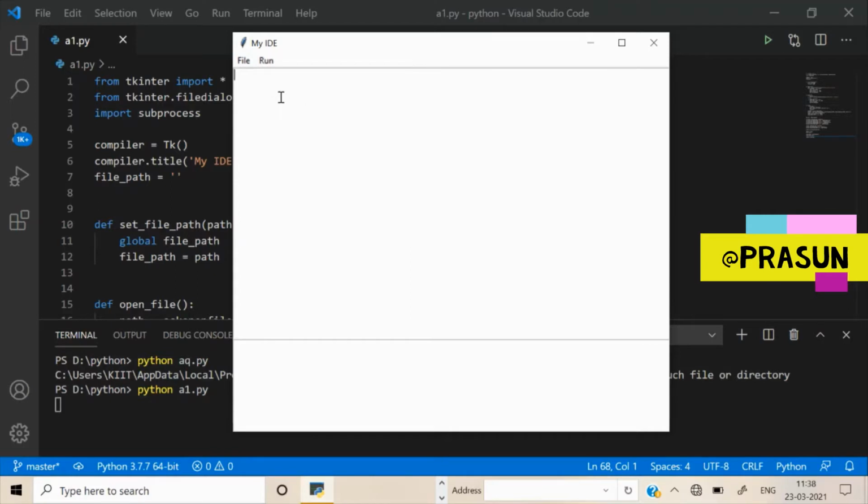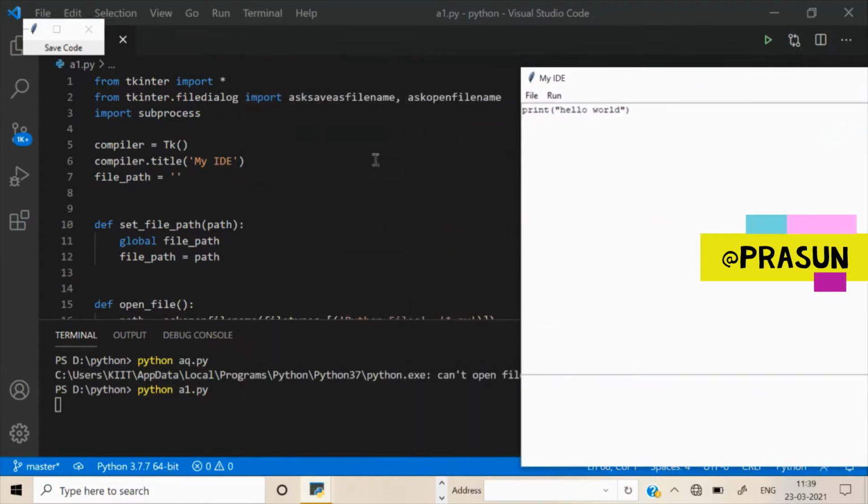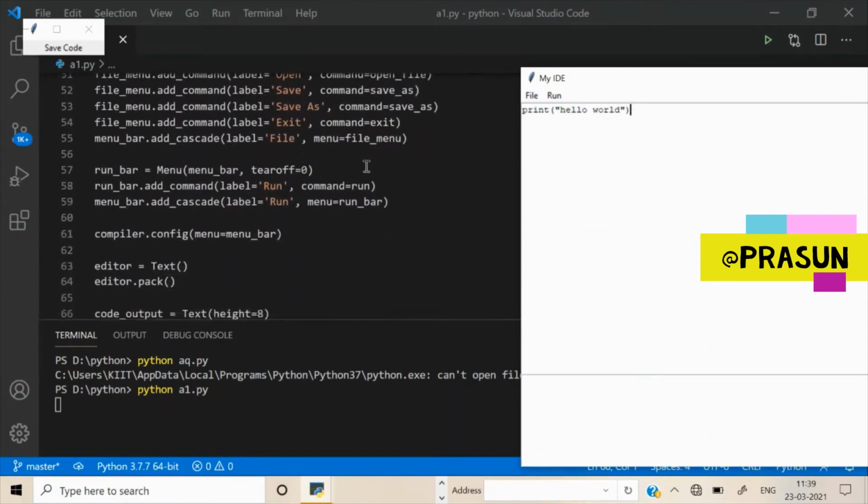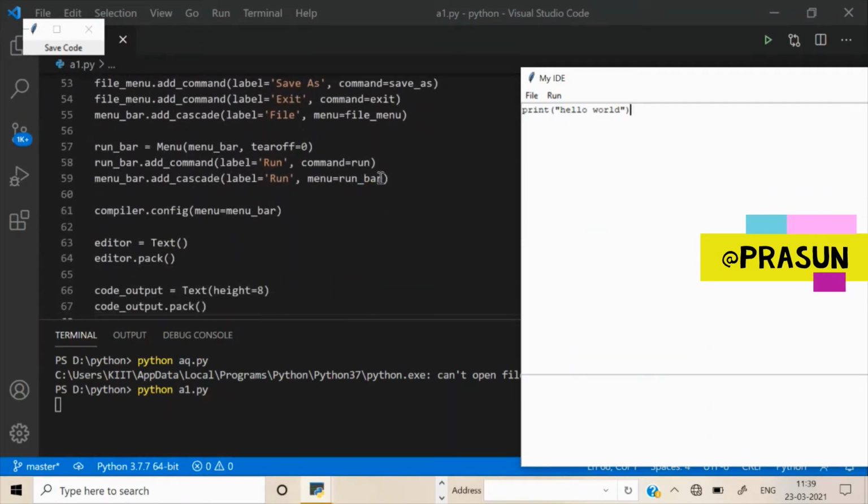Now I want to print hello world. When I click on run to run this code, a pop-up appears on the screen saying save code. Now if I look at my code, you will see in line number 57 to 59, if you see